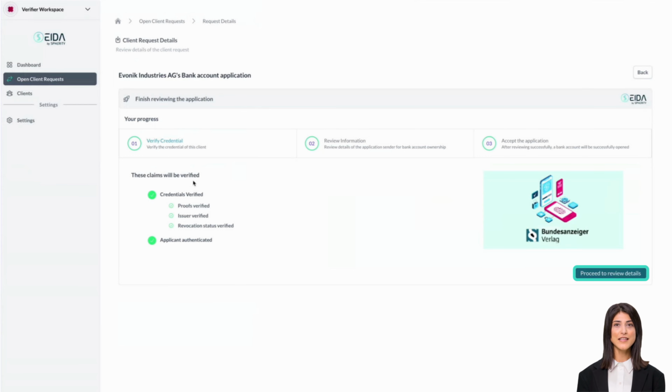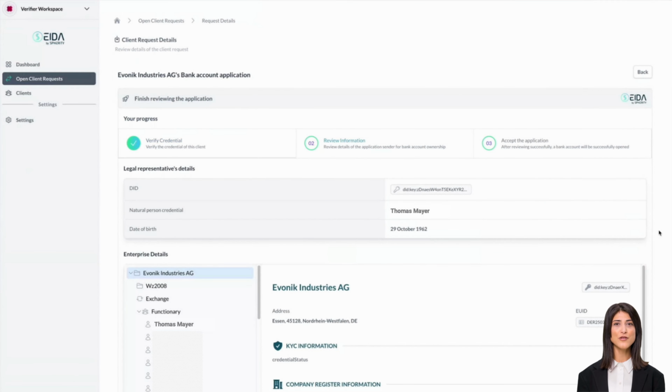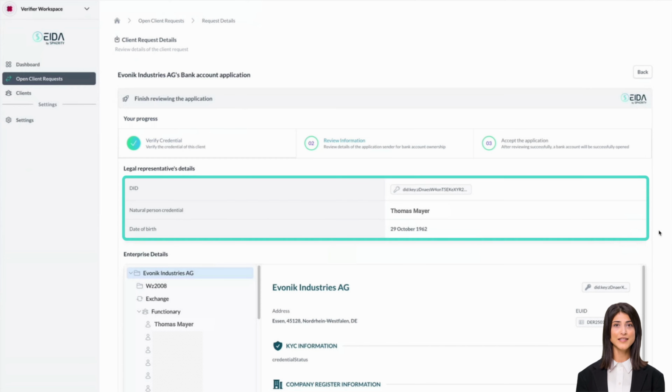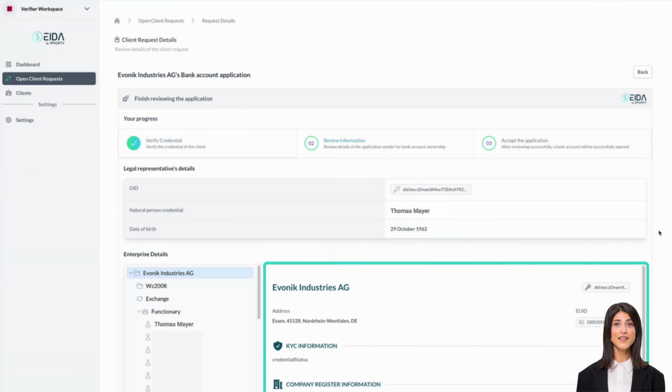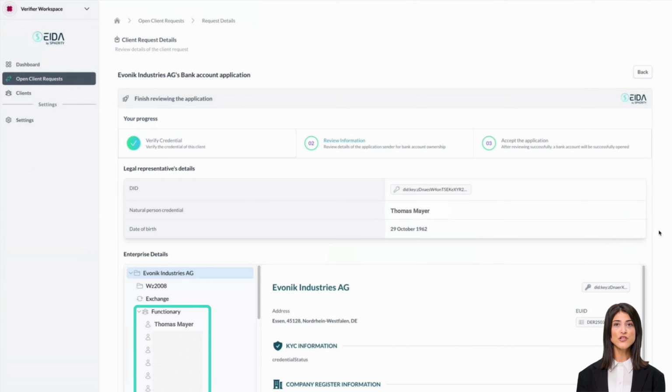It also verifies that the submission was made by a person who is authorized to represent the company, which is confirmed through Thomas Meyer's credential. A compliance analyst at the bank now reviews the submitted credentials in detail. This includes checking who submitted the request, in our case, Thomas Meyer, as well as verifying the company's legal and registration data. In addition, the bank receives a complete list of all authorized representatives, along with their assigned roles and